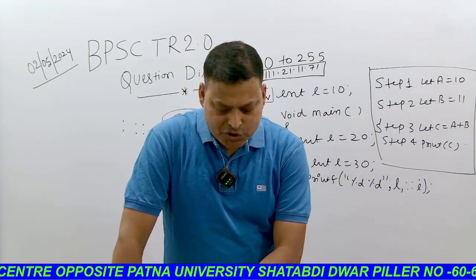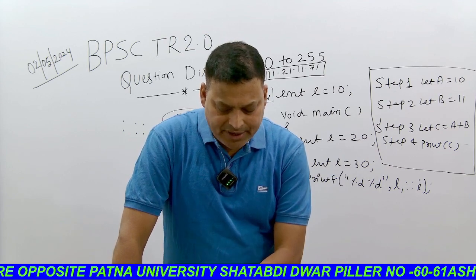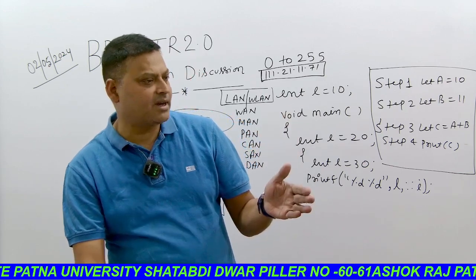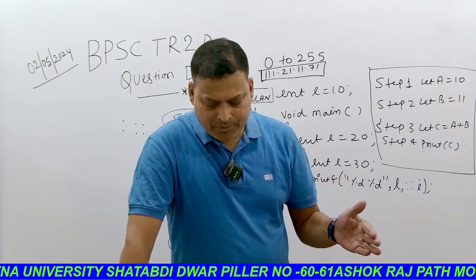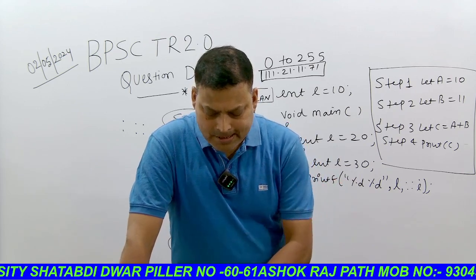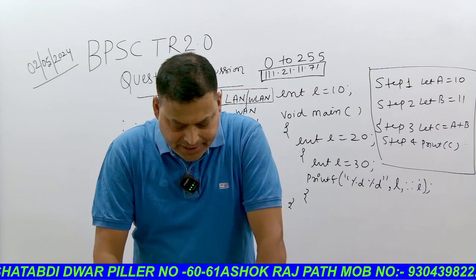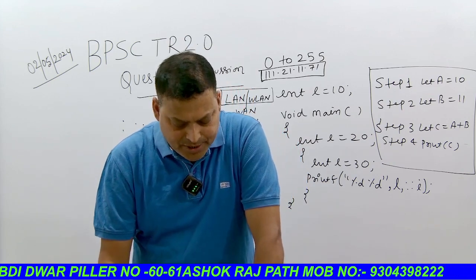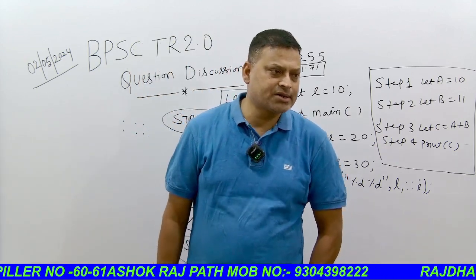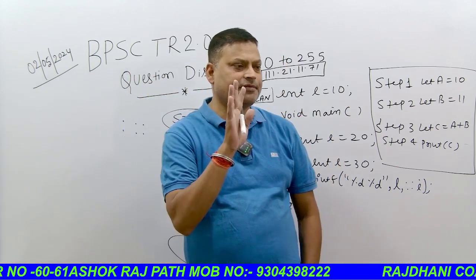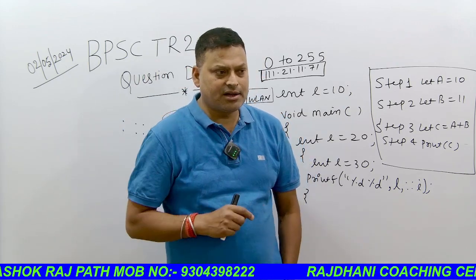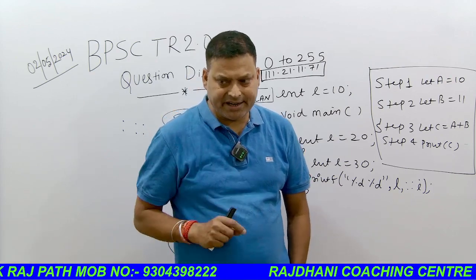A hard disk becomes totally inaccessible when a computer virus corrupts partition table. Partition table को जब वायरस करप्ट कर देगा, then we will not be in the position to access the computer. An attribute of any one table matching the primary key of another table is called. देखो ये MySQL का क्वेश्चन है. In MySQL there are 4 types of keys. 4 तरह का की होता है. एक को कहते हैं कैंडिडेट की, एक